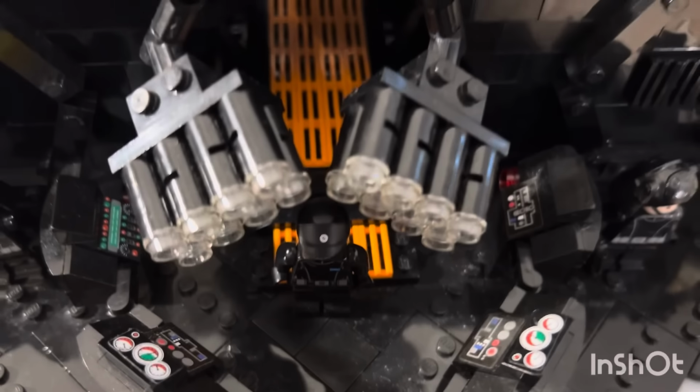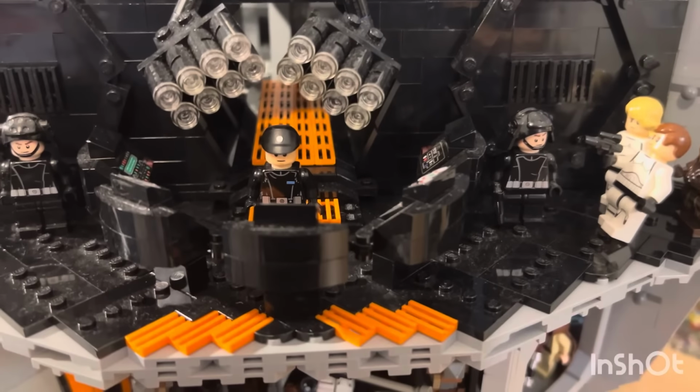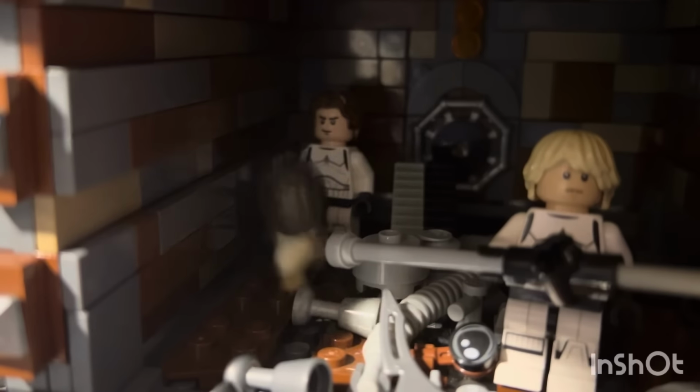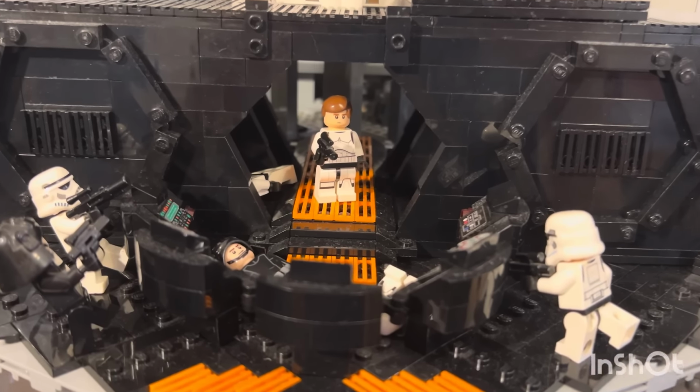The interrogation room is next, with that lovely orange flooring that uses the grill piece to create it, and that lovely control panel. There are 2 rooms on either end. One is Leia's interrogation room, and the other, if you press through, gives you a hole that leads down straight through to the trash compactor. Talking of the trash compactor, here it is, with the 4 correct minifigures in there, a